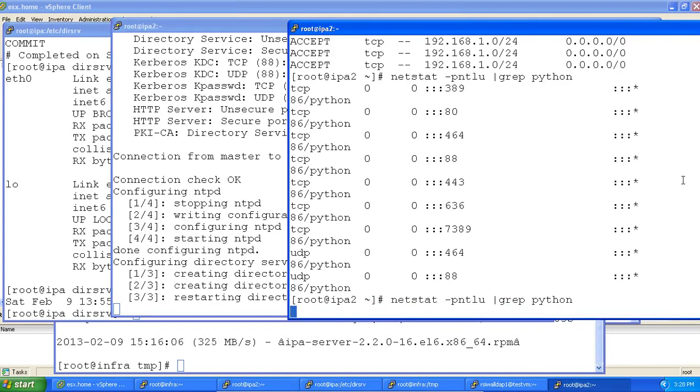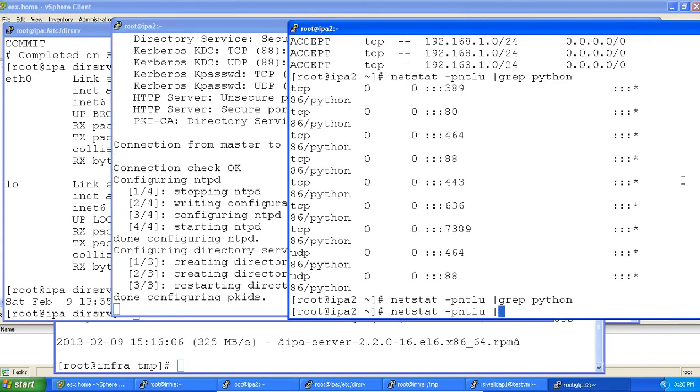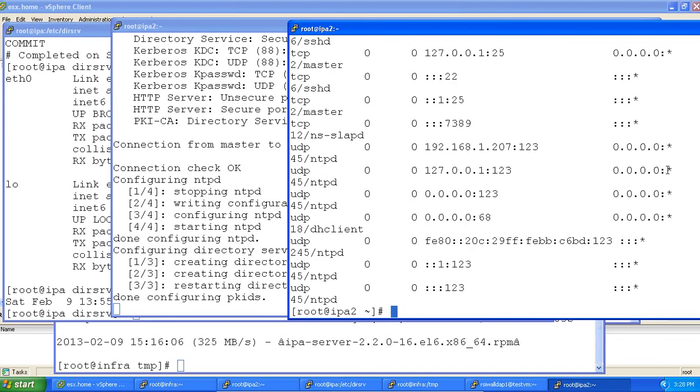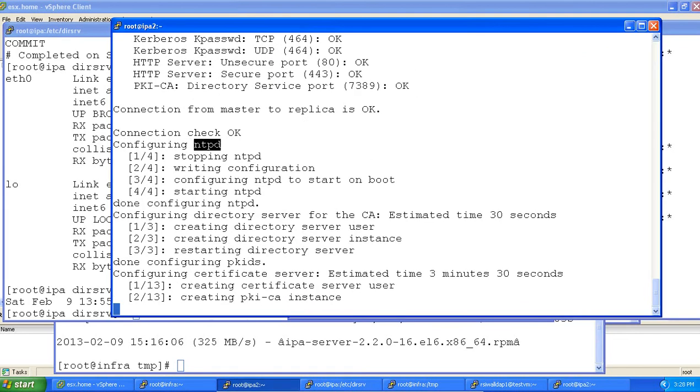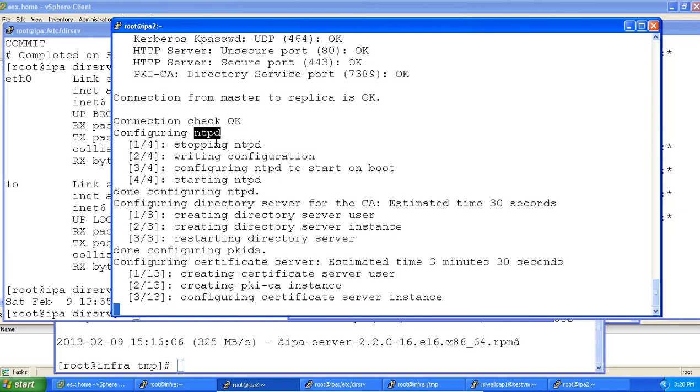So if you just remove Python from it, it has stopped listening because the tests were all completed, so it's not required to run this script till now. What it's doing is it configured NTP, because if you are talking about a Kerberos based environment, I have said this a lot of times, that time is very critical. Time should be synced between all the servers and all the clients so that you are able to access the services of Kerberos. Configured NTP,